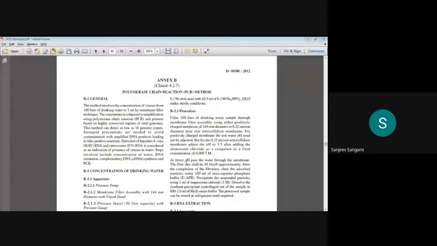Then once it is over, we'll start with the remaining water treatment processes. We already covered some of the water treatment processes such as screening, aeration, sedimentation, and the coagulation process. Remaining are the filtration process, the disinfection process, and some more advanced water treatment processes. We will cover them in further classes.